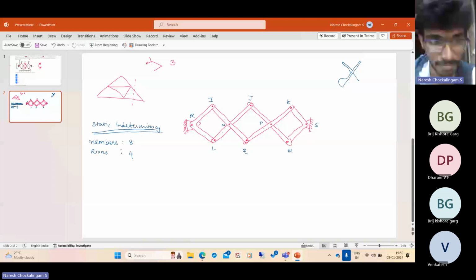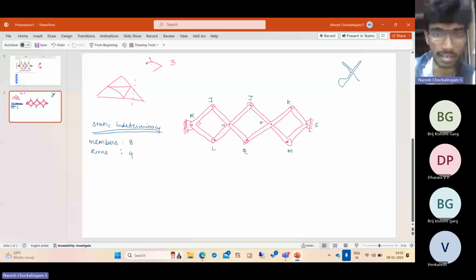And we have 4 reactions, so that comes directly. You have 4 unknown reactions. We have 2 pins, and each pin has 2 unknown forces, so you have 4. So the total number of unknowns in this problem is 32. So it looks solvable. It is very difficult, but you can do a lot of simplifying